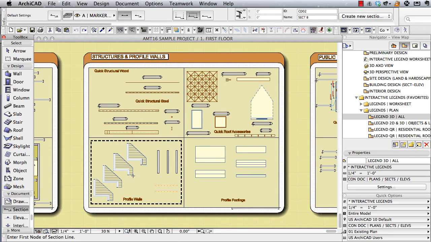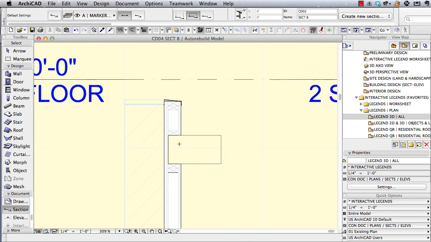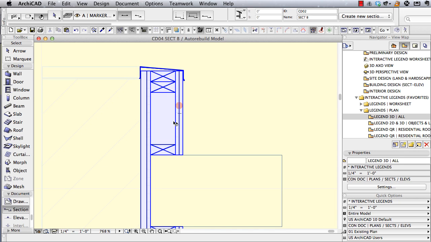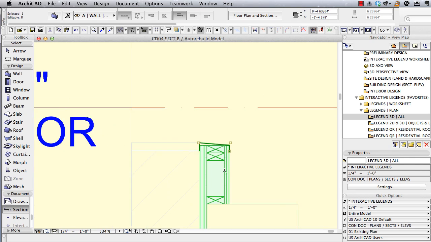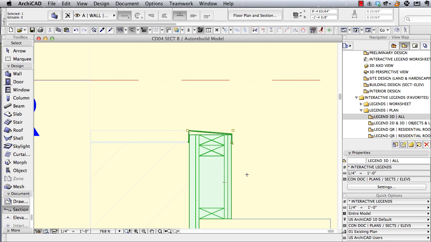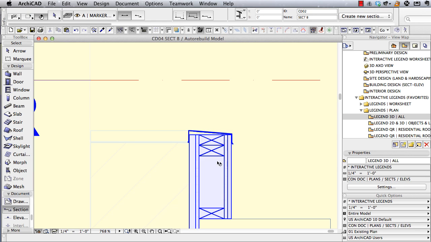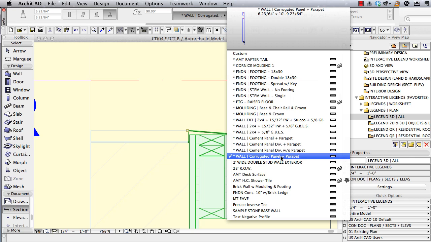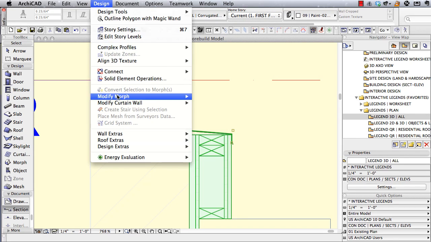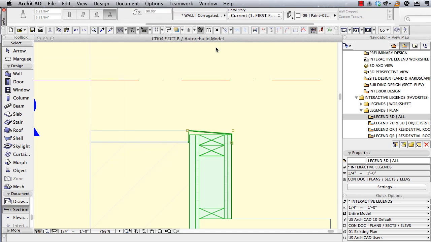Now beyond just the model, if I go back to the floor plan and I use the section tool and I draw a little section through here, and we take a look at this section just raw, we're going to see that this wall not only has that waterproofing detail, but it has all this framing. Now that I've demonstrated the other things, you'll be able to understand this very quickly, because if I go to this profile, which happens to have a name of wall corrugated panel plus parapet, in the Profile Manager